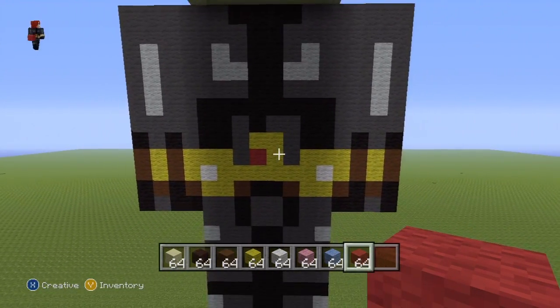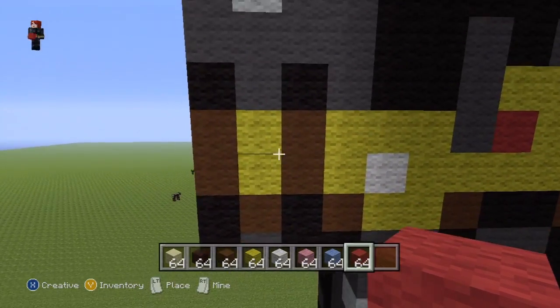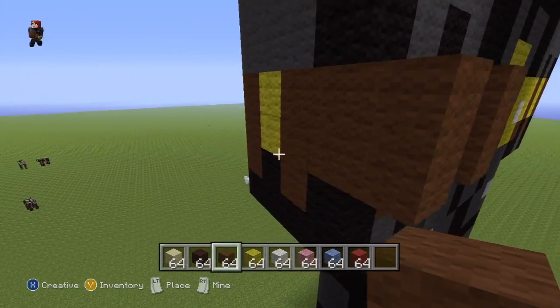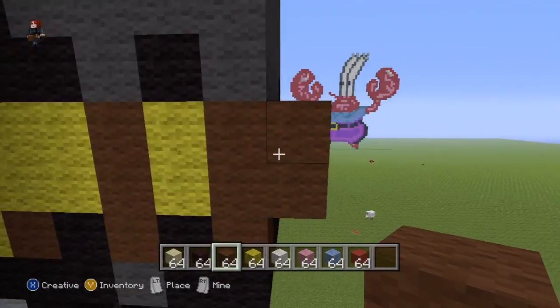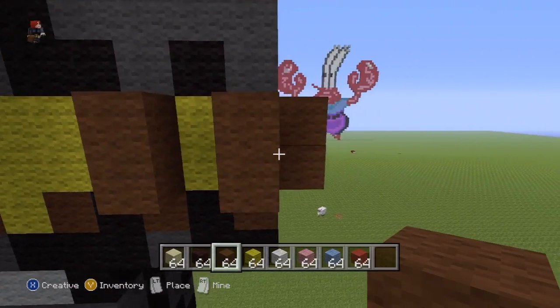Then after you've done that, you're going to want to come to the front of your statue, and you can see these things that she has on her wrists, these brown things here. Well, you just want to raise those up by 1. I'm going to be honest, I'm not exactly sure what they are. I don't know whether they're supposed to be gloves, and I have just noted a mistake. I'll take care of that very shortly. So you just want to go all around the hands, raising up